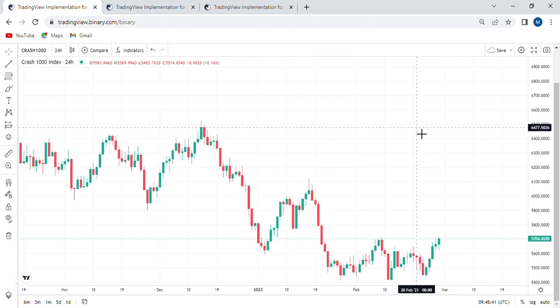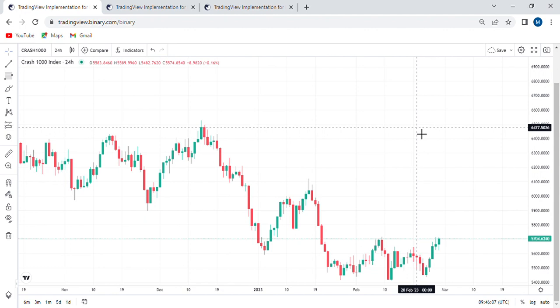So for me, I'm a day trader. I personally use 4 hours to get my market structure. But if it is not clear on 4 hours, then I'll go down to 1 hour to get my market structure. Alright, in case you are a newbie and you don't know what market structure is,